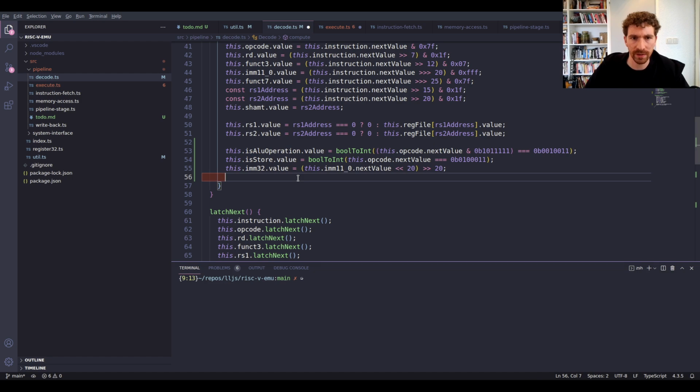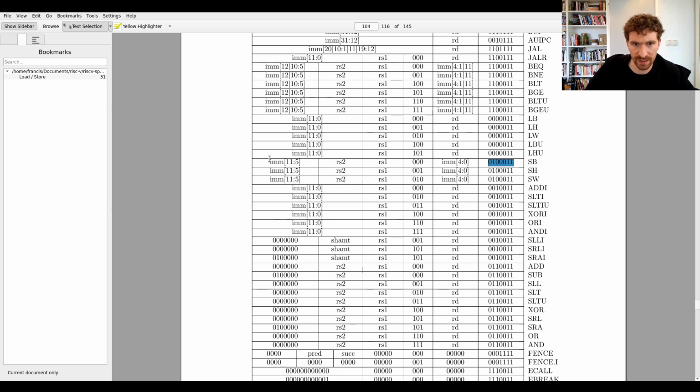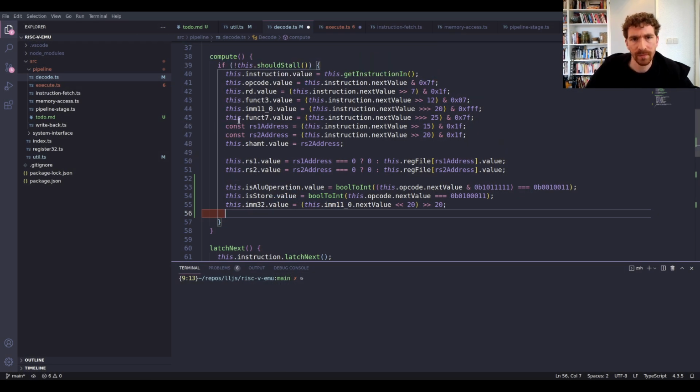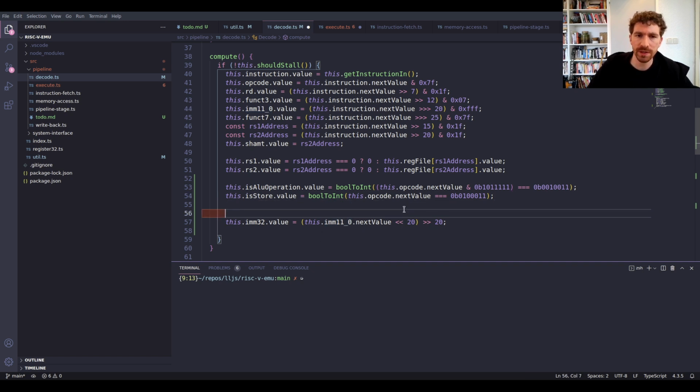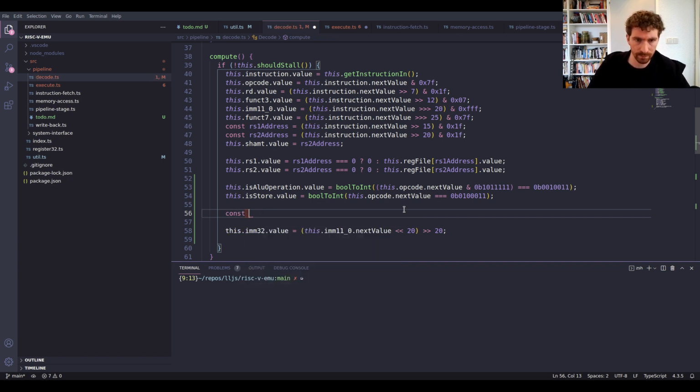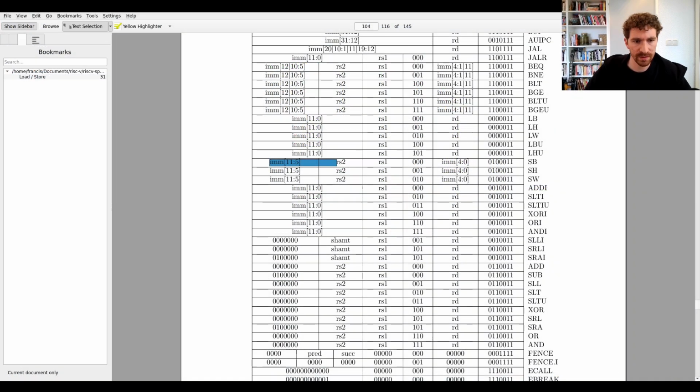If we have a store, we would actually need to break up the instruction a bit. We would need to get these bits and these bits, put them together, sign extend them. So in order to do that, we don't really actually need to expose any of these immediate values anymore. So let's first, before doing anything else, just calculate our immediate, I'm going to call it the store immediate. So the store immediate is, well, we're going to take the instruction, and the easier way to see this is